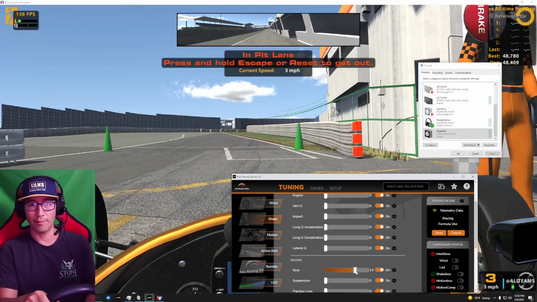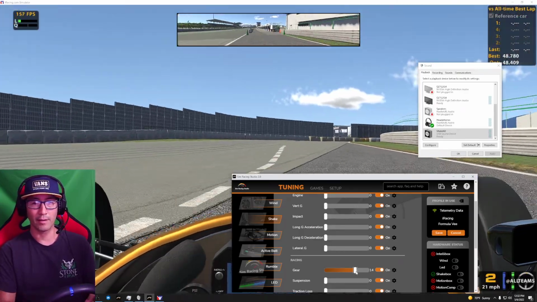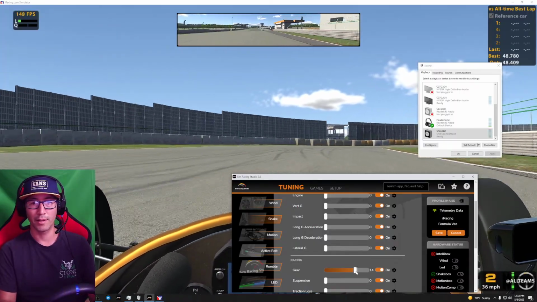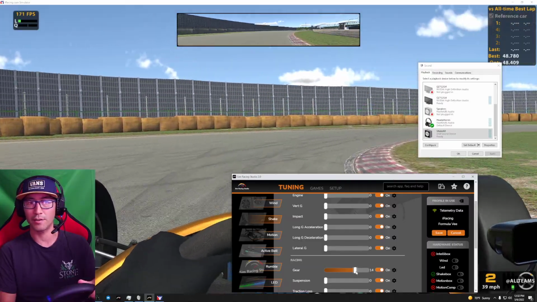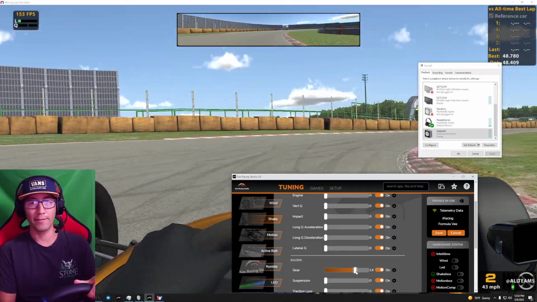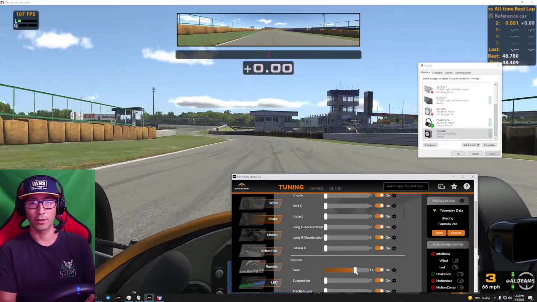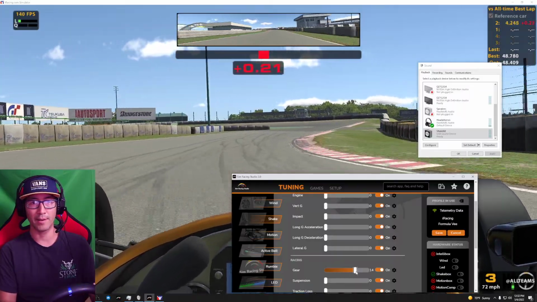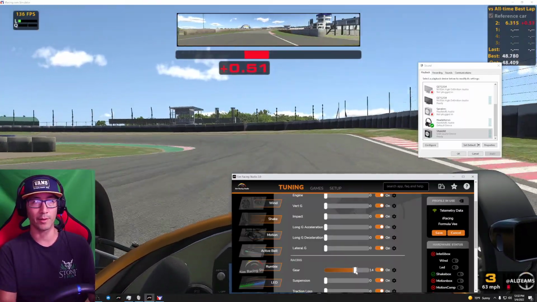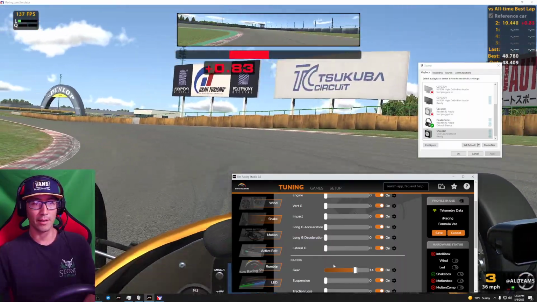Let me just drive around for a little bit right now. So right now I have everything turned down all the way. Oh, third gear. This is kind of hard to see with that there. And I'm not feeling anything other than, literally, me shifting gears. I'm driving on the rumble strips. Nothing's happening. I can feel it in my wheel, the force feedback in my wheel, but not in the ShakeKit. So let me turn on